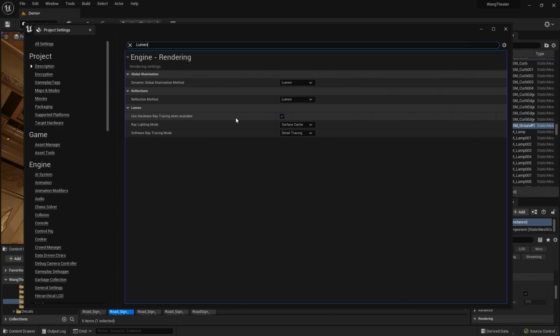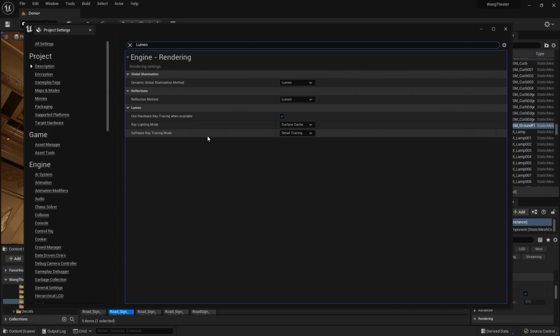If you do not have a DXR graphics card, you will be able to still use Lumen using software ray tracing mode. So in order to use that, we will need to make sure that our project is generating mesh distance fields. Mesh distance fields are an approximation of a surface to trace rays against for rendering. So that's what software ray tracing is going to use for its calculation.